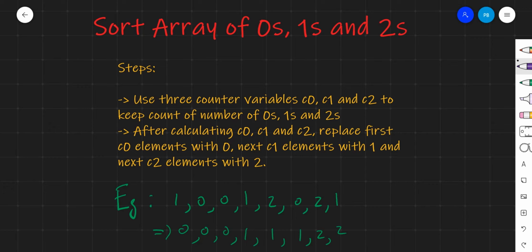Hello everyone, in this video we will see how to sort an array which contains only zeros, ones and twos. As in the example below, we will be given an array which will have only ones, zeros and twos, and we will have to sort it such that all the zeros come first,